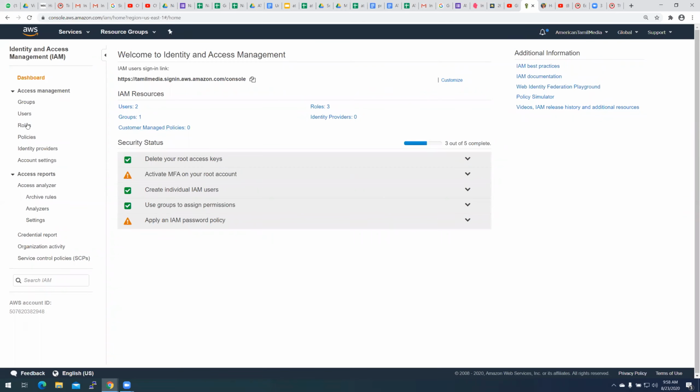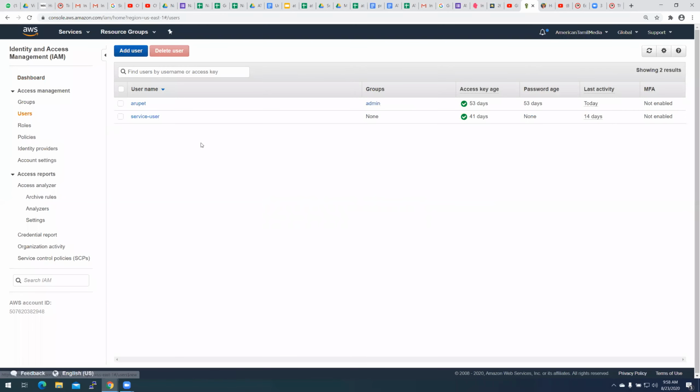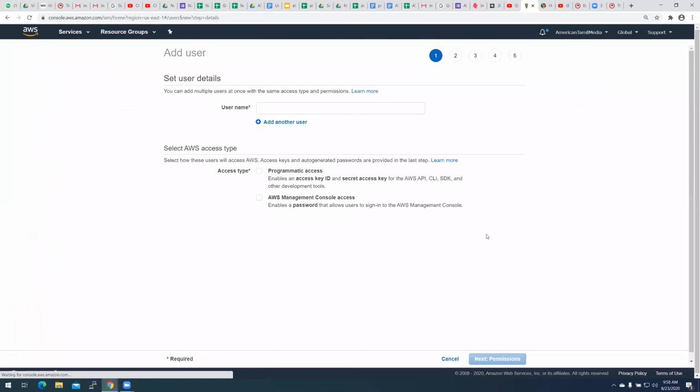So let me go to the left side and see how I can create users. These are existing users. Let's create a new one. Tamil Media. So here is where you see the access type, programmatic versus management console.